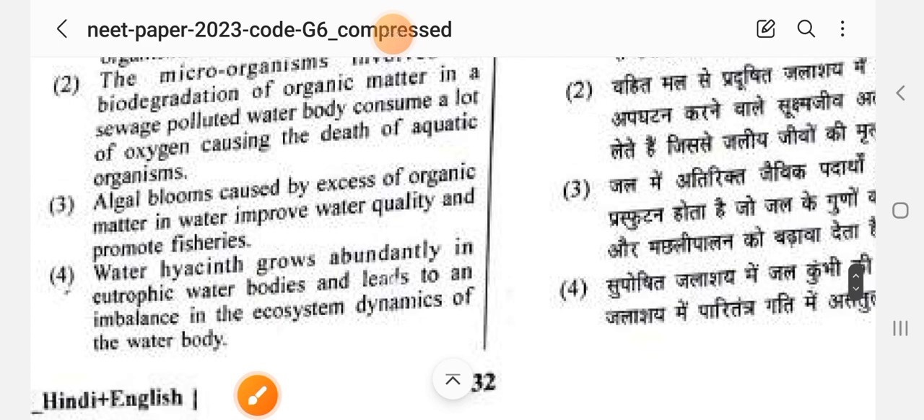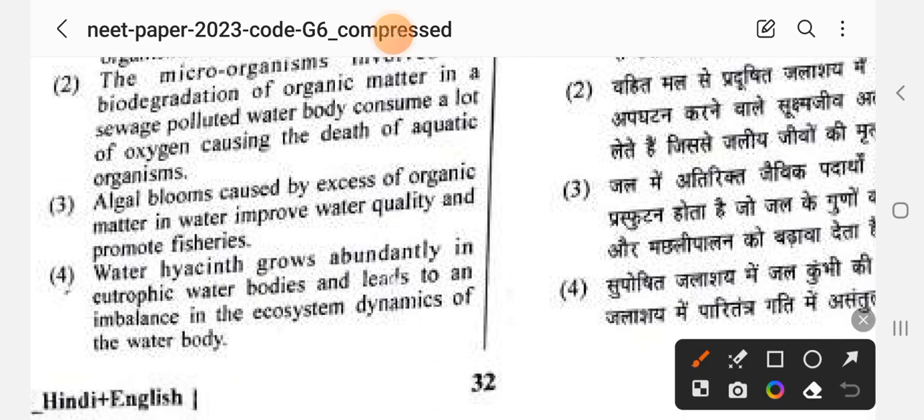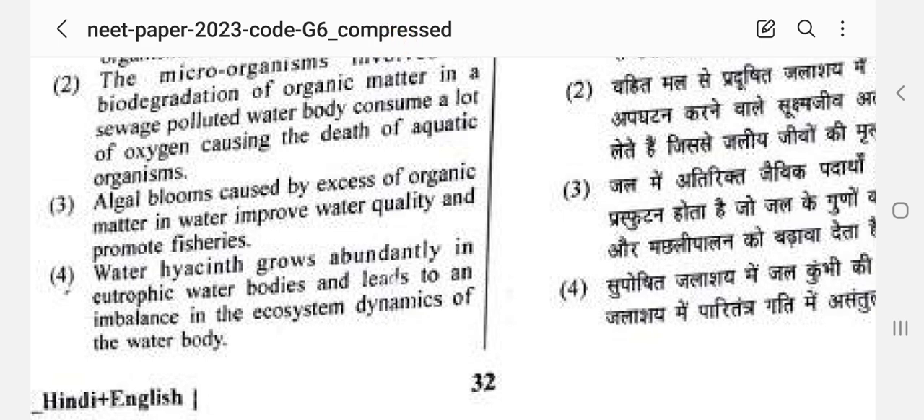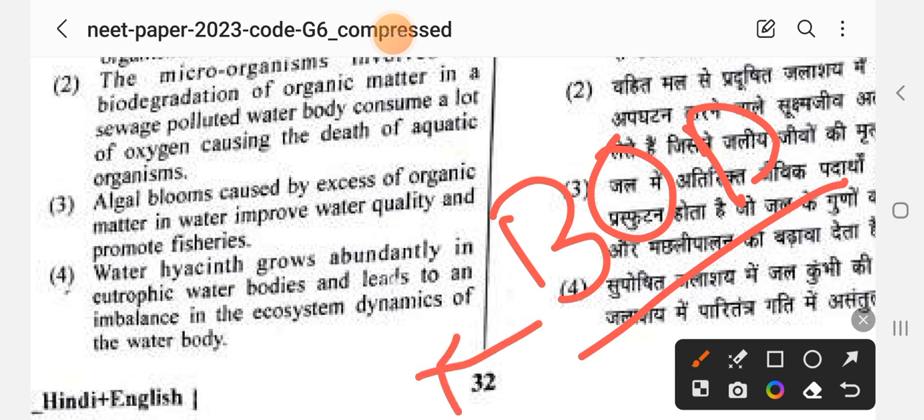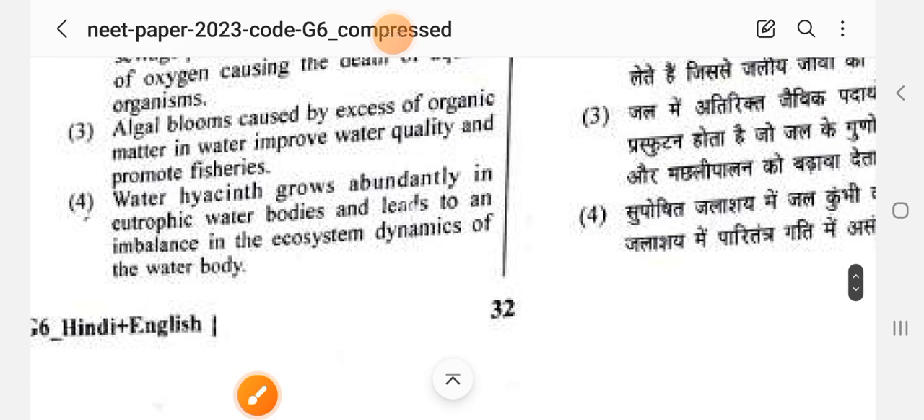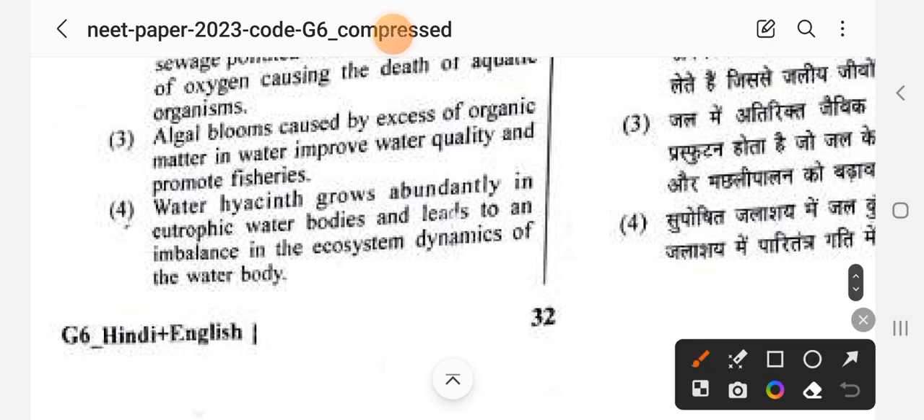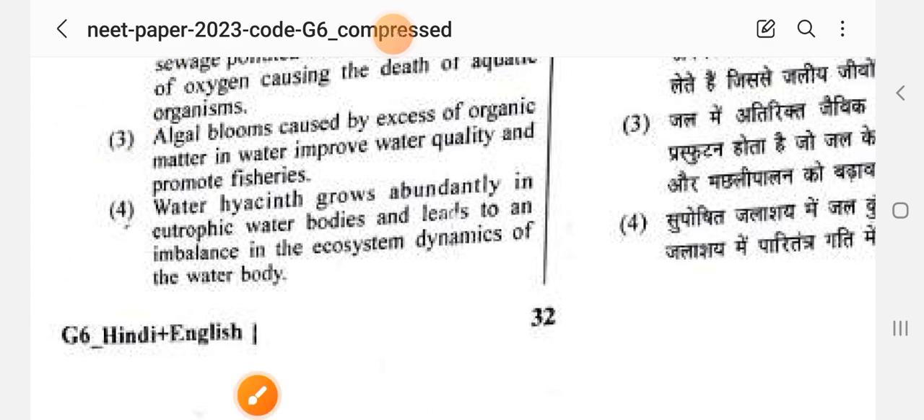Algal bloom caused by the excess of organic matter in water improves water quality. No, it's degrading the water quality, and that is called BOD. जैसे कि हम मेजर करते हैं, पता करते हैं कि वाटर जो है कितना पॉल्यूटेड है. बायोलॉजिकल ऑक्सीजन डिमांड को बोलते हैं बीओडी. तो द आंसर वुड बी थर्ड. थर्ड आंसर हो जाएगा इसका. तो नेक्स्ट, कमिंग टू द नेक्स्ट,